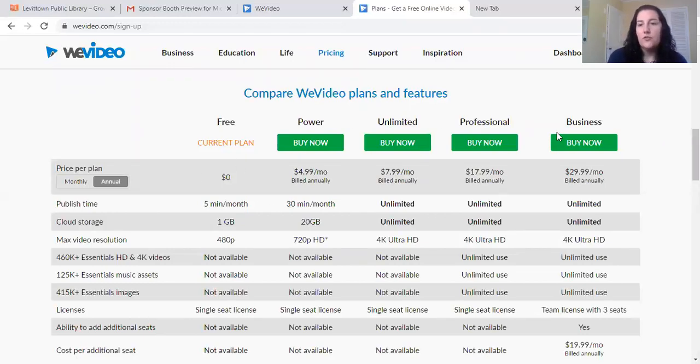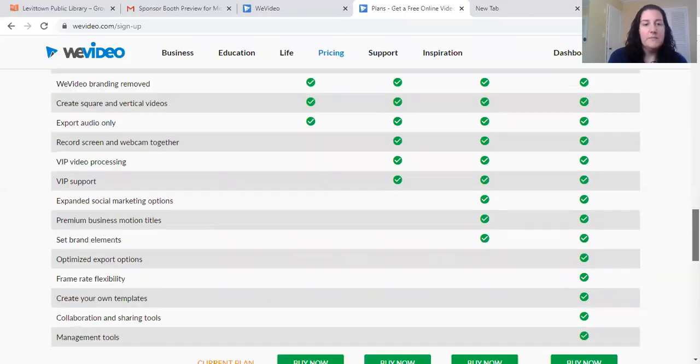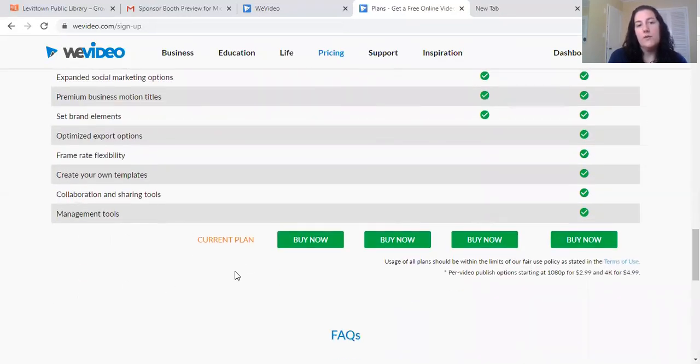So once you sign in, you'll normally scroll all the way down to the bottom and it'll say here, get started, and that's what you'll click on. Since I'm already signed in, it already has my current plan, so I'm just going to click on